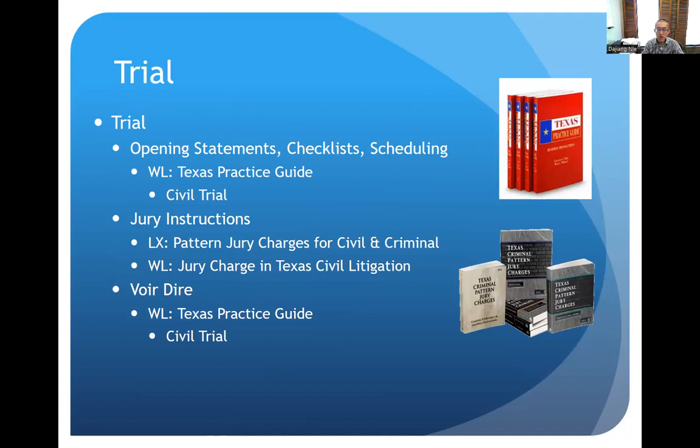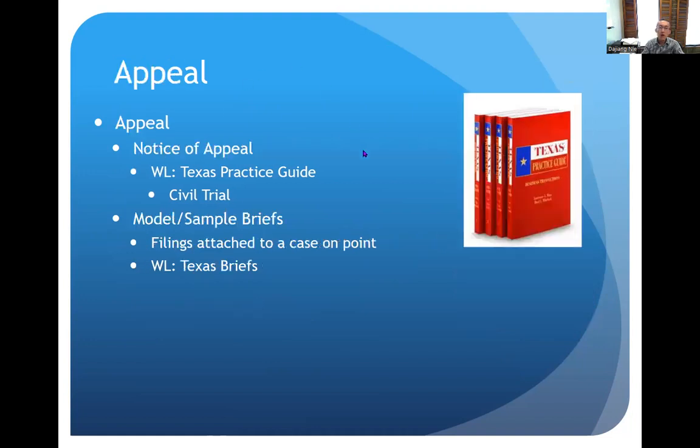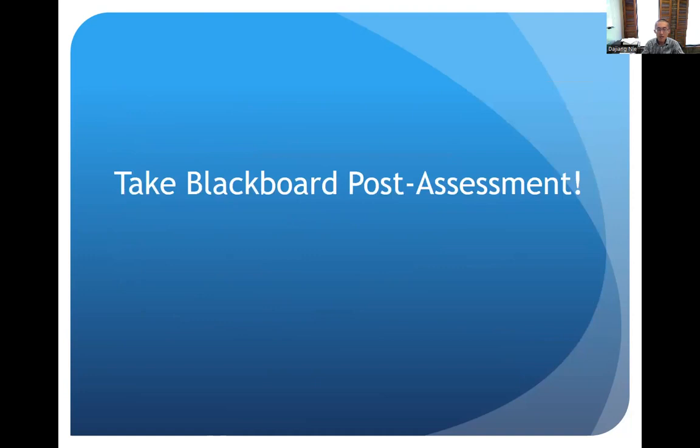And once you are in the trial, you want to use jury instructions, the pattern jury charges in civil and in criminal. Both Westlaw and LexisNexis have them. And if you want to challenge the idea, you can also get more detailed procedure here. Appeal, we got the same thing, some outstanding documents, right? And before I let you go to take the Blackboard post-assessment, excuse me,